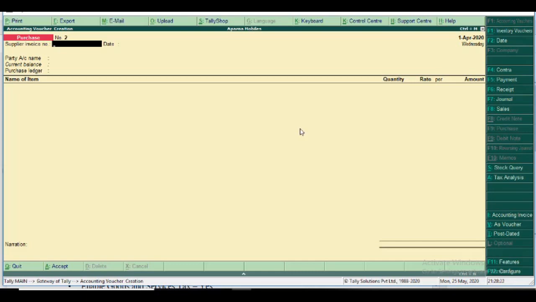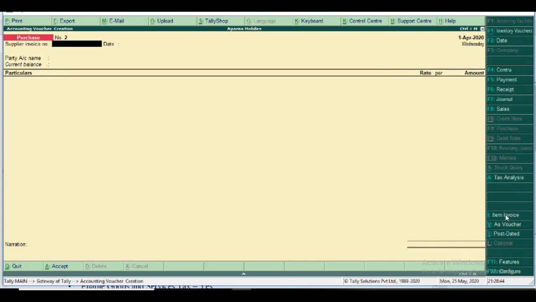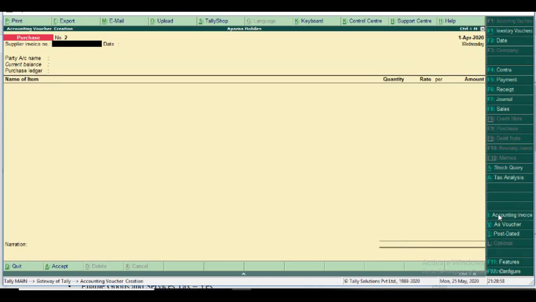Okay, here we do the service purchase, so items are not involved in the invoice mode, so I select Alt plus I for accounting invoice. It is also a switching button between account invoice and item invoice. First, in the item invoice screen, I click Alt plus I, it changes to account invoice format, with particular and rate only. The quantity does not come, okay. And then when you click Alt plus I in the account invoice screen, it moves to item, name of the item, quantity, rate, okay.